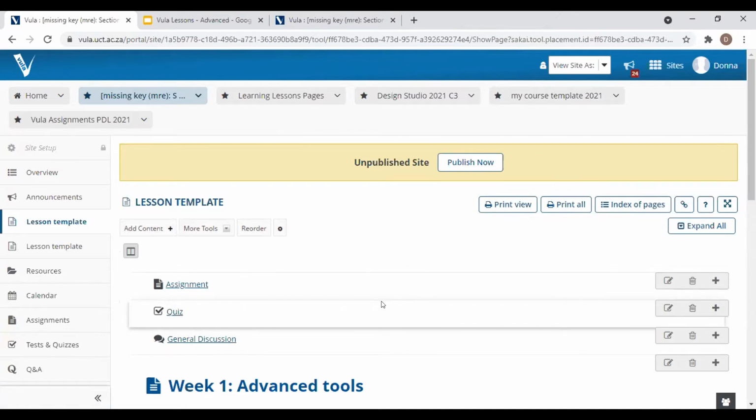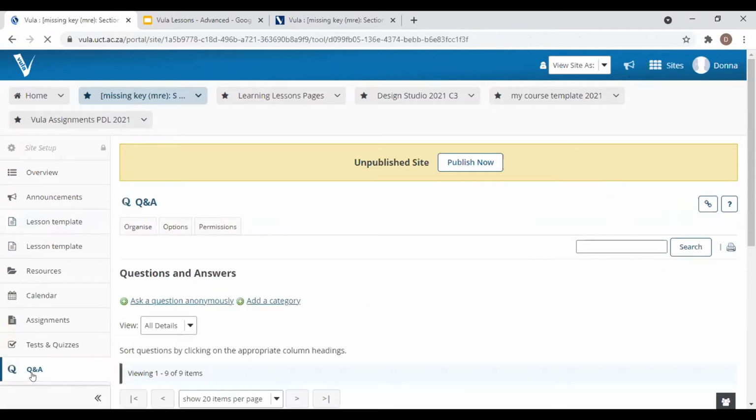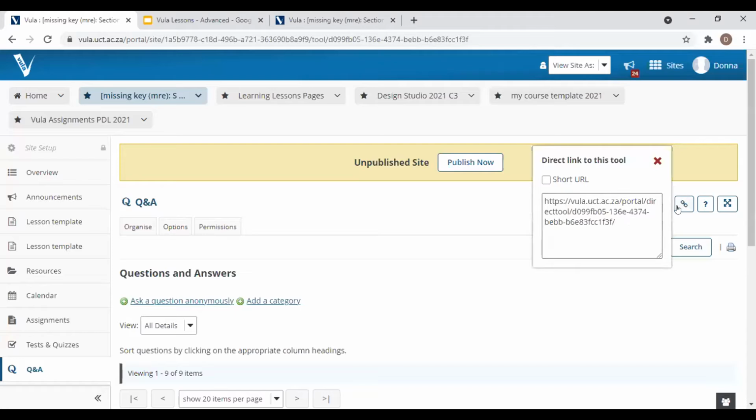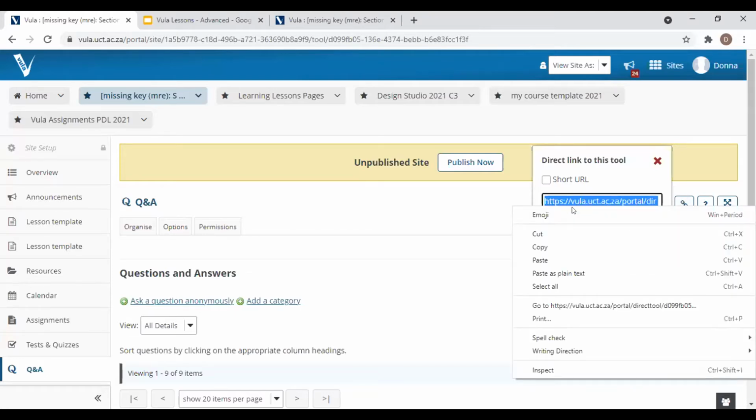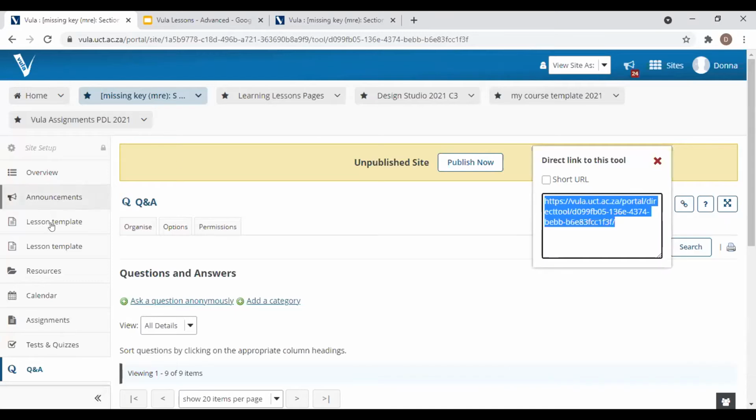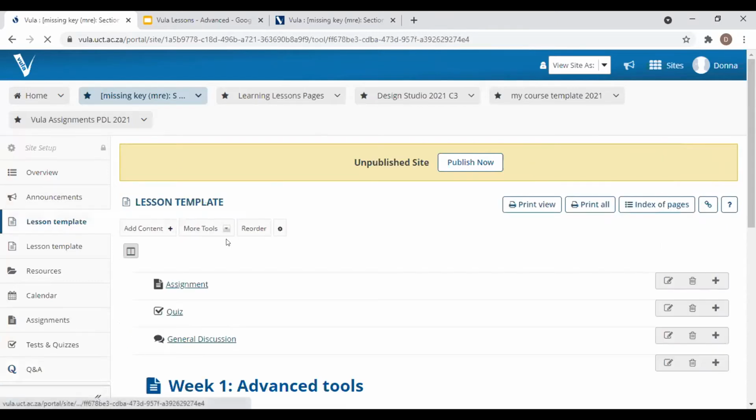If you can see the difference between the assignment, the quiz, and the forum, it gives you the little icons over there. I can also choose to link something like Q&A, like we have over here, even though the option is not exactly available in the lessons template. If I click into my Q&A, this is what I've also found out quite recently: if you look at the top over here, there's an option to click on the direct and get the direct link for this specific page. So I can copy that link, go back into my lessons template,